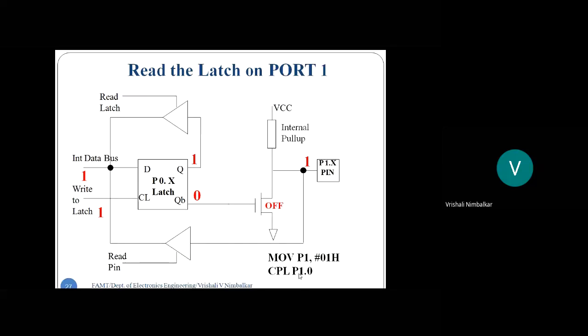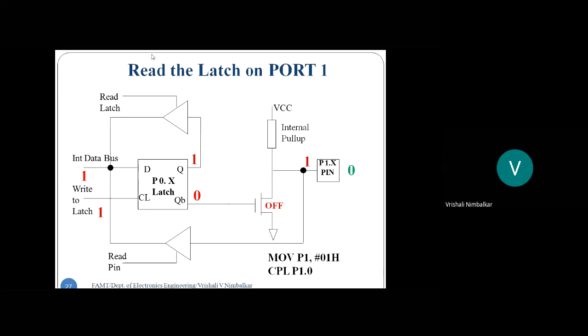And now complement P1.0. What instruction is getting executed? Complement pin 1.0. And now there, P1.0, read, modify, and write. The operation happening with P1.0 is read, modify, write. P1.0 is the source as well as the destination. So the microcontroller will automatically enable the read latch signal. So let's see. Now suppose we have grounded the pin. We have grounded the pin and it's logic 0. And the microcontroller is executing CPL P1.0, complement P1.0.